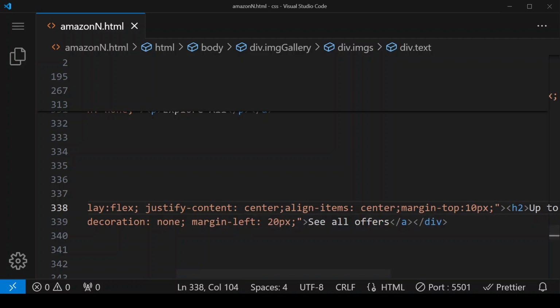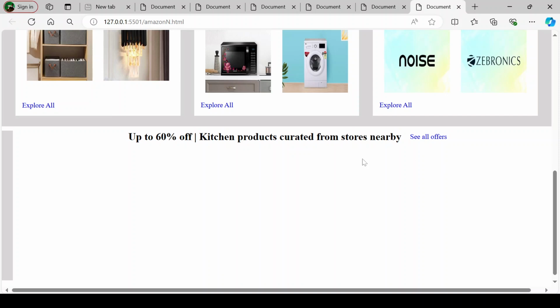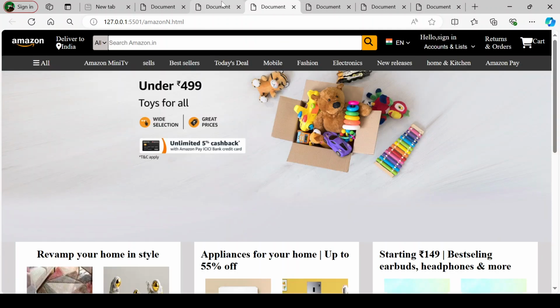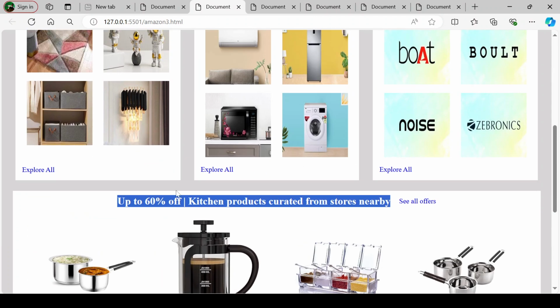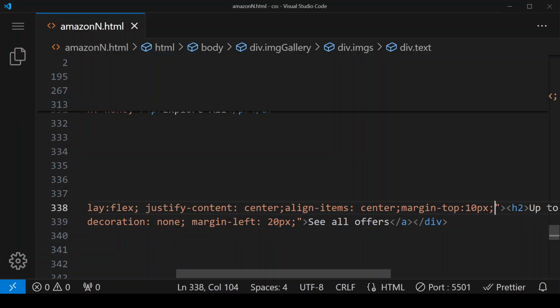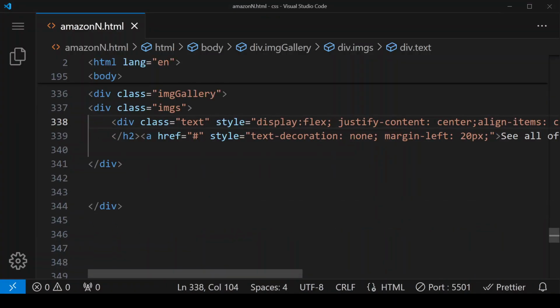Save, and right now it is looking like this. So this part is complete. Now we have to put these images. So to put these images we have to create one more div in which we have to put all these images. So here I'm creating one more div.